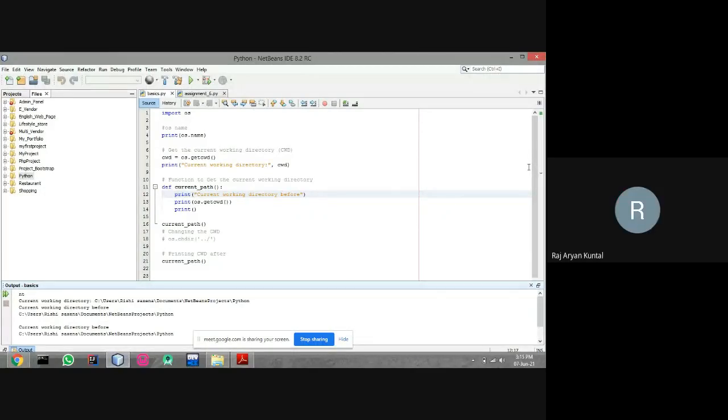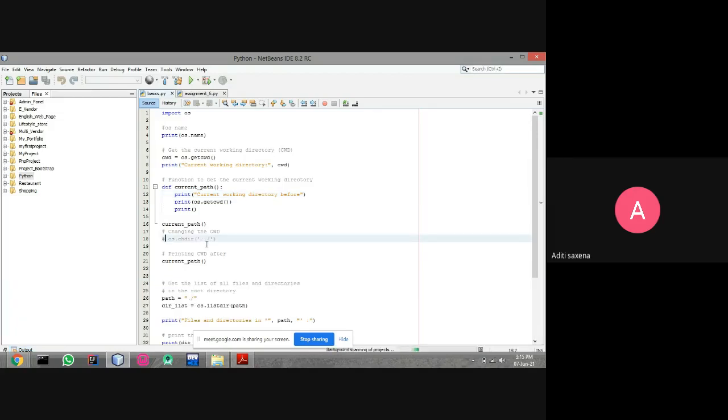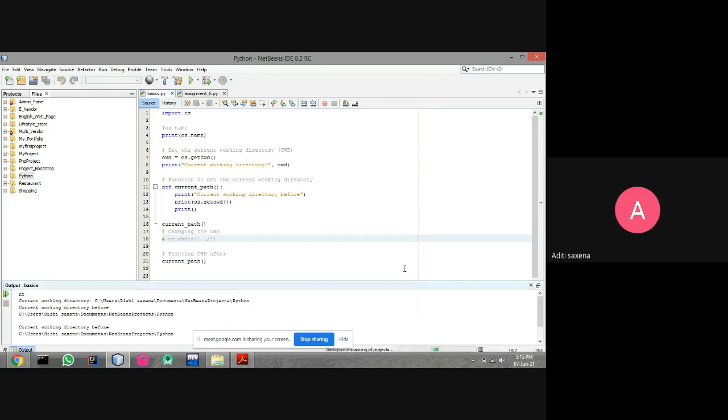Yes, ma'am. Okay. So here first of all we import os, meaning the OS module we import. Then os.name. What will it print? It prints the name of the OS, that is NT. Then getcwd means getting the current working directory, that is my NetBeans projects, inside the NetBeans projects Python folder. Then here I have applied logic for changing the directory, but I don't want to change it right now, so I have just commented it out. I have just written double dot slash, meaning it will move one folder above.